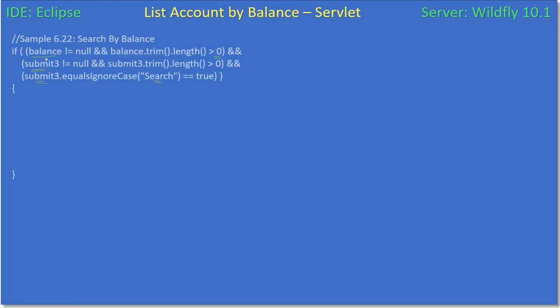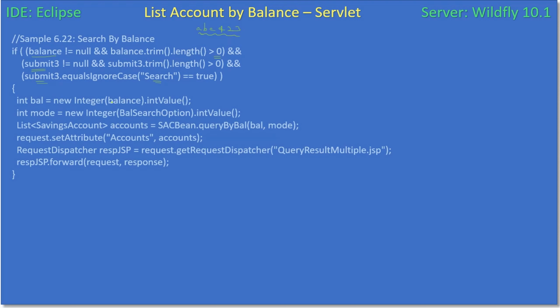And if you see here, if the user types ABC123 in the balance field, we are not validating all those things. Our whole purpose of learning JPQL will go complex if we do all that validation. So when we are testing it, we will better provide a number in the balance field of the search form. Alright, so